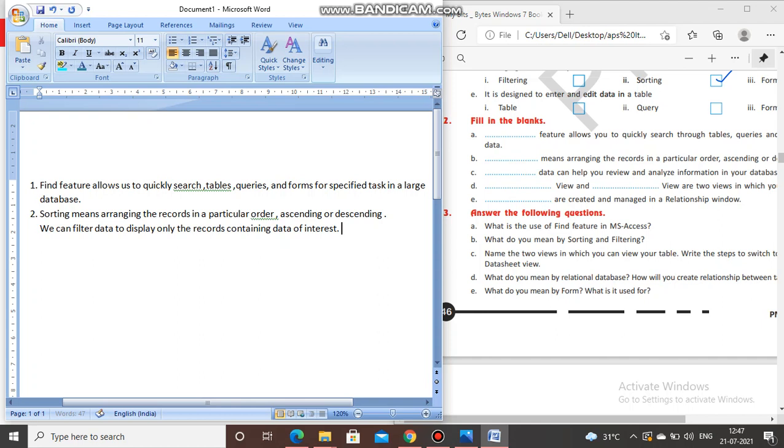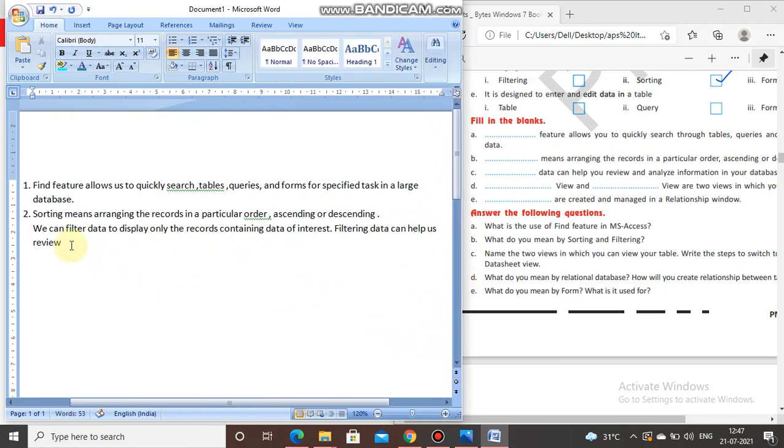And of course filtering data can help us review and analyze information in our database.